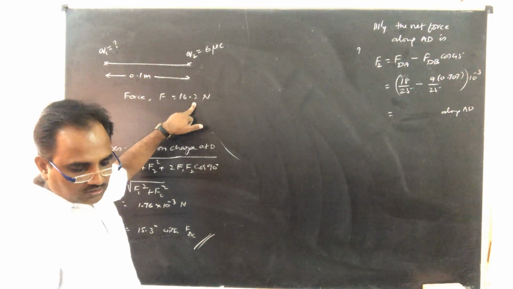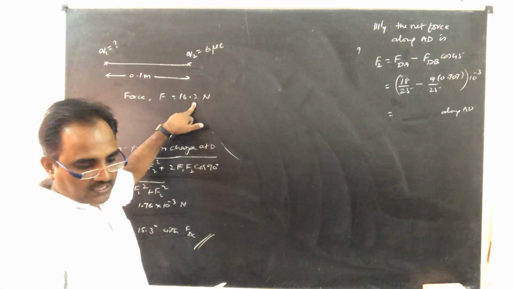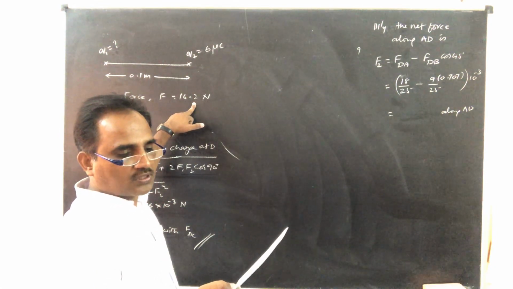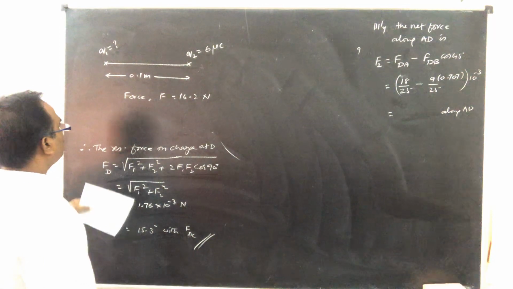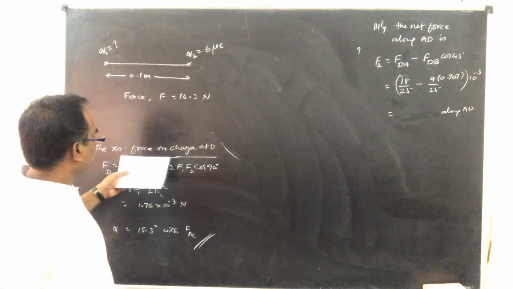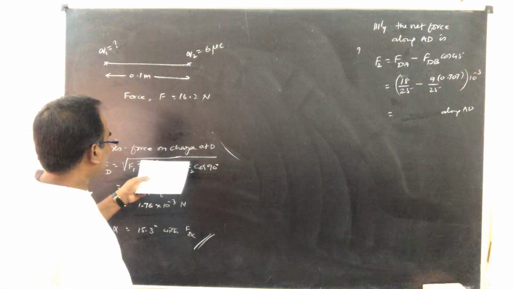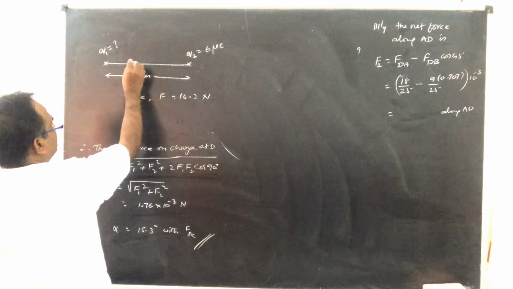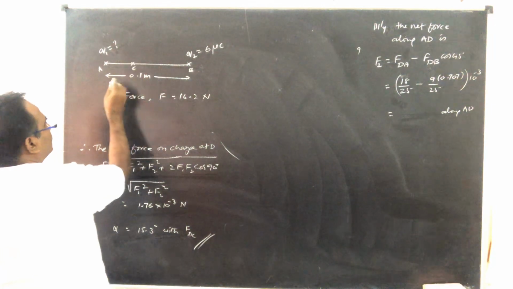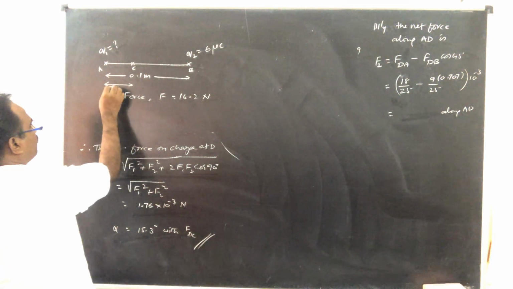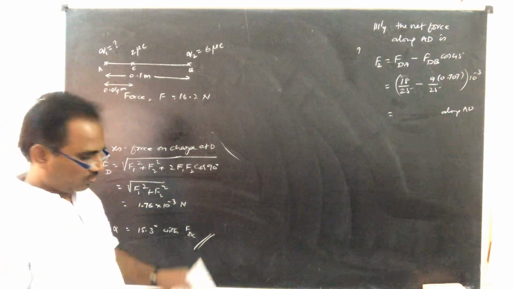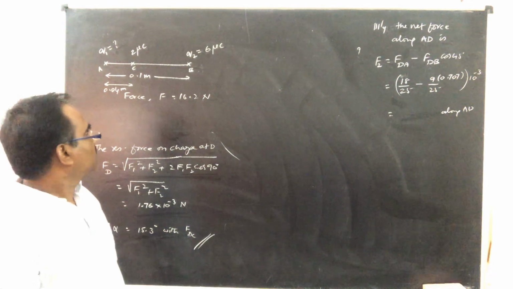If another charge C of 2 microcoulomb is placed between A and B at a distance of 0.04 meter from A, find the resultant force on the charge C. So the question here is, if another charge C of 2 microcoulomb is kept at C, 0.04 meter from A. See, this is another point C. This distance is given as 0.04 meter. Here a charge of 2 microcoulomb is kept. What is the resultant force on the charge at C?